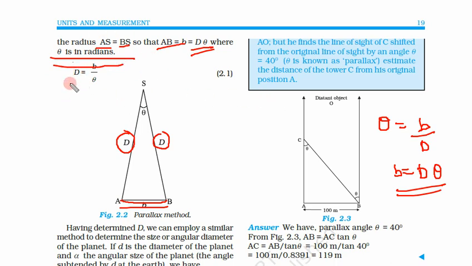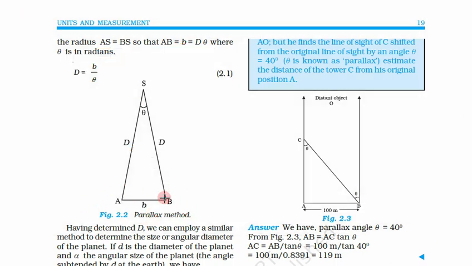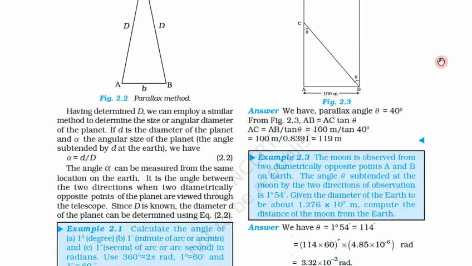So now with the help of this, since we know the distance between A and B, these observatories are on Earth, so we know what is the distance between these observatories. So b is known to us, and we can measure the angle as well. So in this way we can find the distance of the star from Earth, because the distance between A and B is known, also theta is known, so we can find the distance. So this is by using the parallax method.